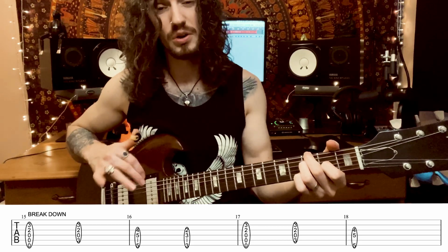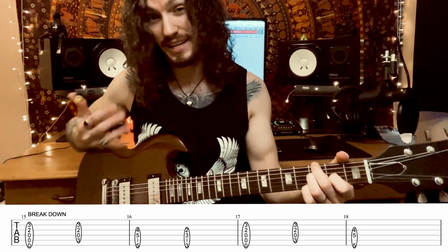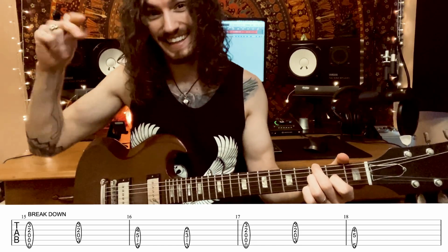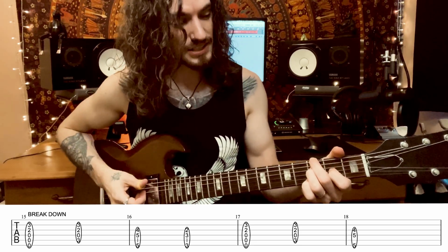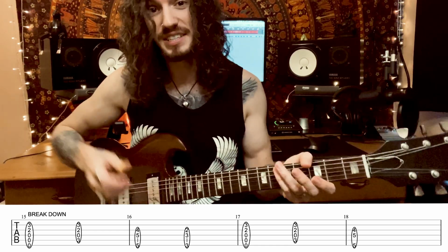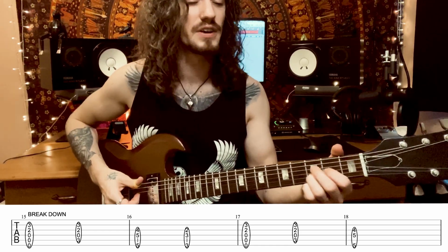Now I like to have the chords sounding quite open here. It sounds even nicer in DADGAD, but obviously we're not going to change to a completely different tuning at the click of a finger. It's just not possible. So you can let some of those notes ring and sound quite dissonant. It's quite a nice vibe. So what you've got here is